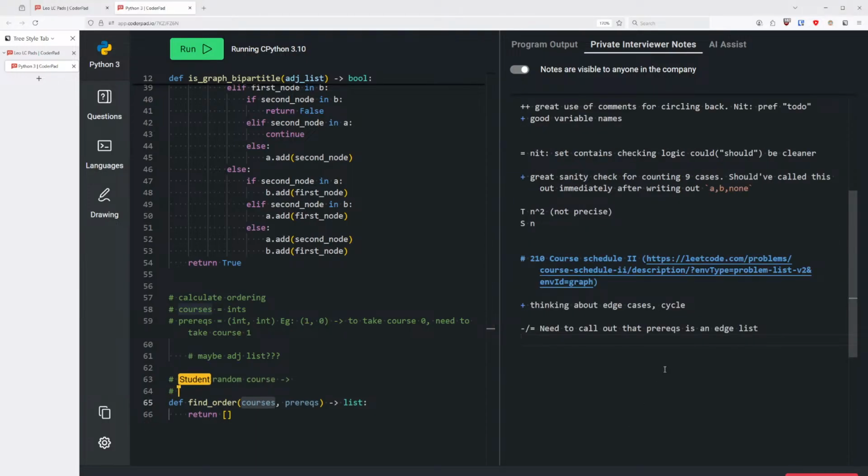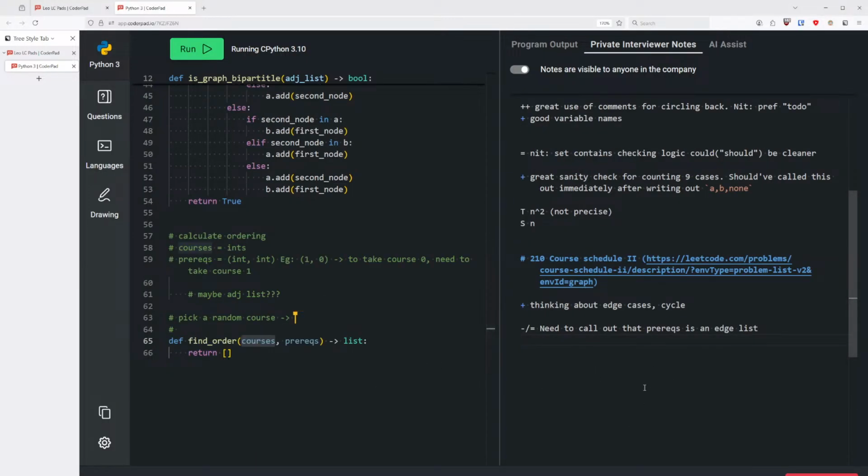Okay. We pick a random course, we go through, and we check if there's prereqs. Pick a course, check prereqs. If there's a prereq, that means you have to put the prereqs before. But now you have a bunch of prereqs that you need to check. So I guess you could do this working backwards. You check if each prereq is